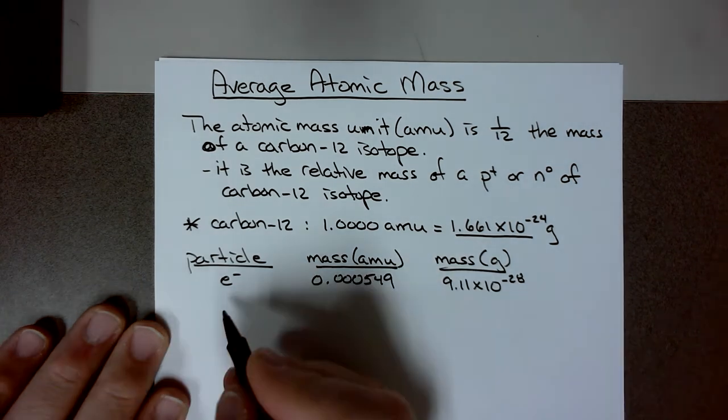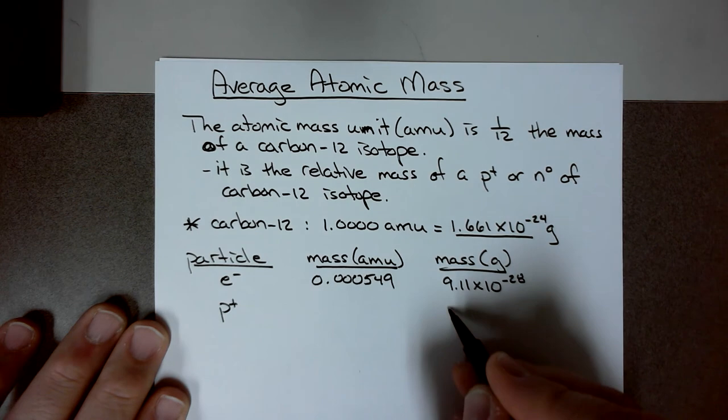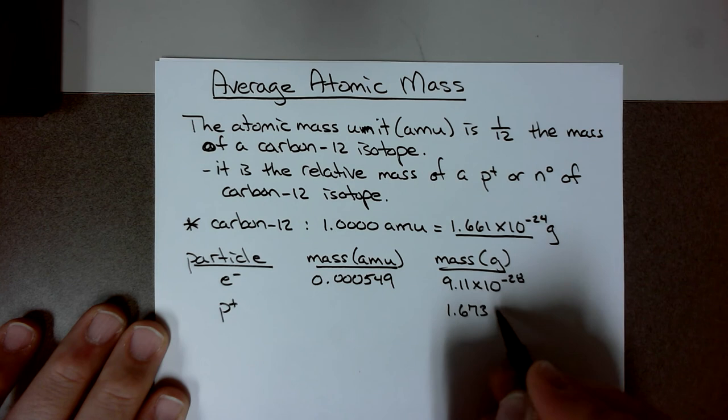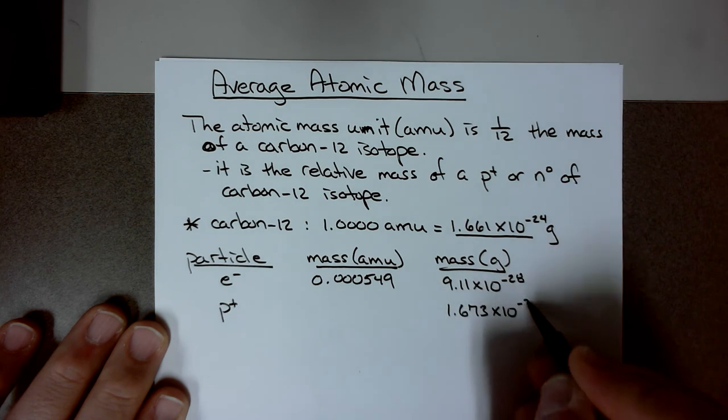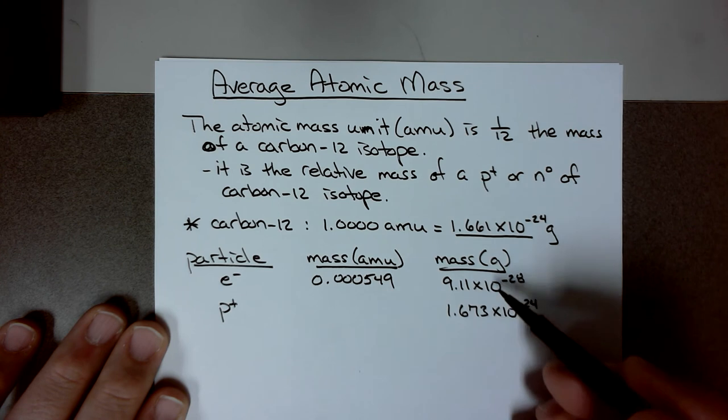And then if we look at a proton, the proton had a mass of 1.673 times 10 to the negative 24th grams, and if I divide this by this,